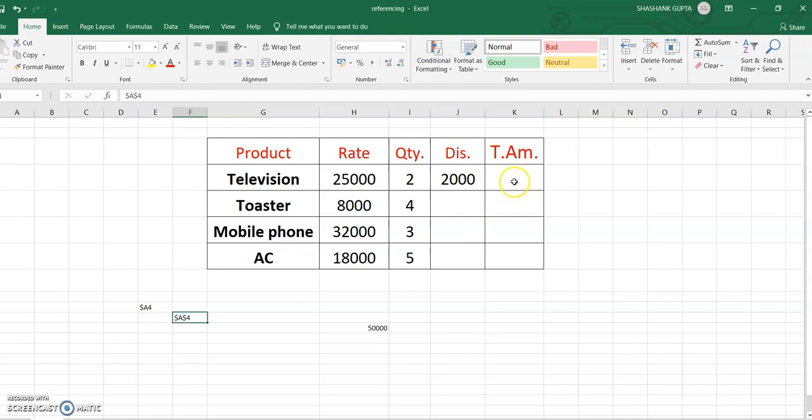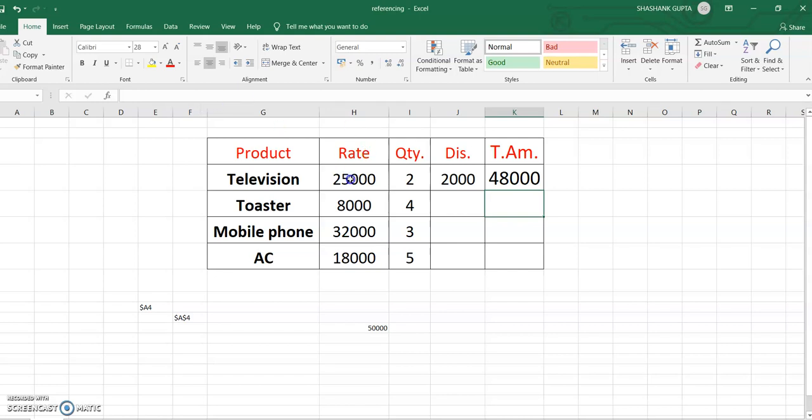Let's see in the example. Suppose I'm putting some formula here, equal H4 into I4, right, minus $J$4, J and 4, and press enter. So resultant amount is 48,000, right?